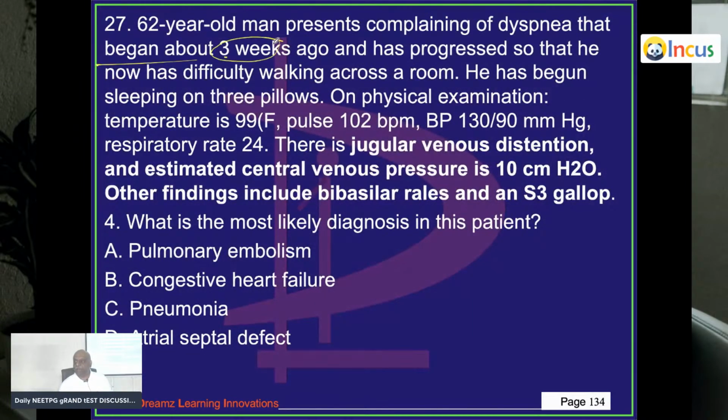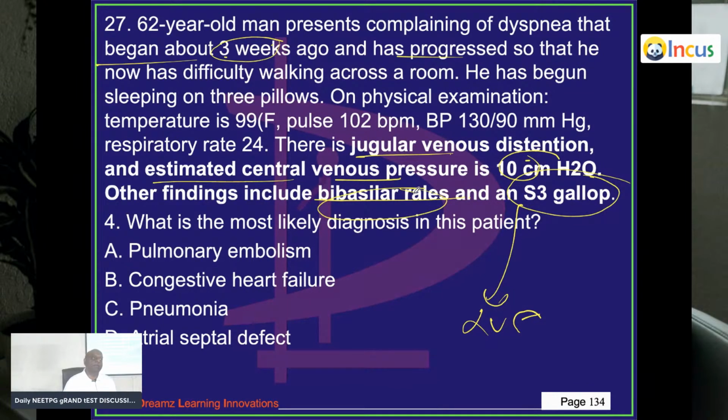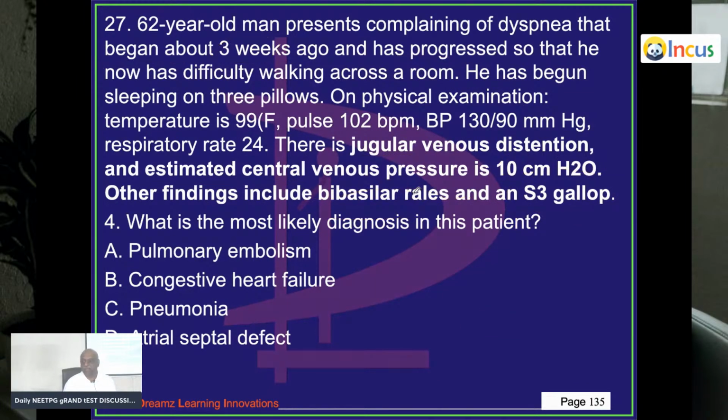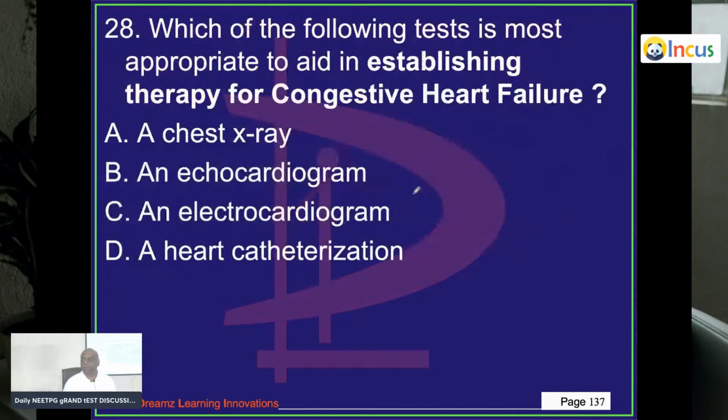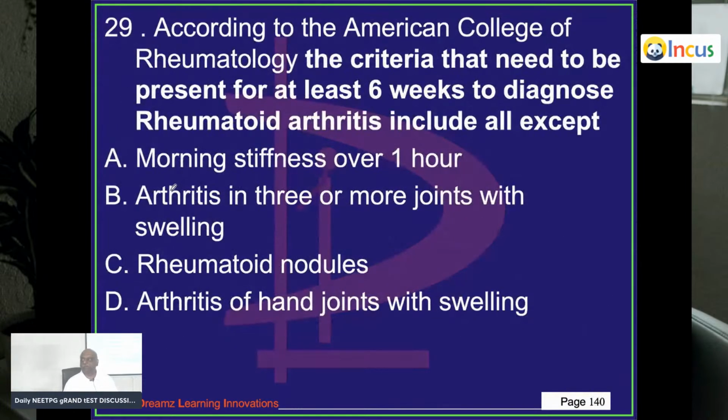62-year-old with dyspnea that began about 3 weeks ago and progressed. Then there is JV distension, jugular vein. Central venous pressure is 10. S3 gallop means LV failure. Bibasilar rales are there. Come on, what is your diagnosis? S3 and heart failure. Congestive heart failure. What helps to establish a therapy? Echo. Very good. Simple questions. The criteria that need to be present for at least 6 weeks to diagnose rheumatoid arthritis include